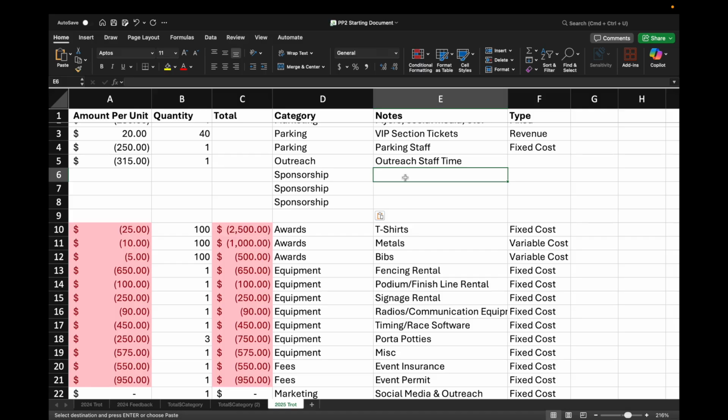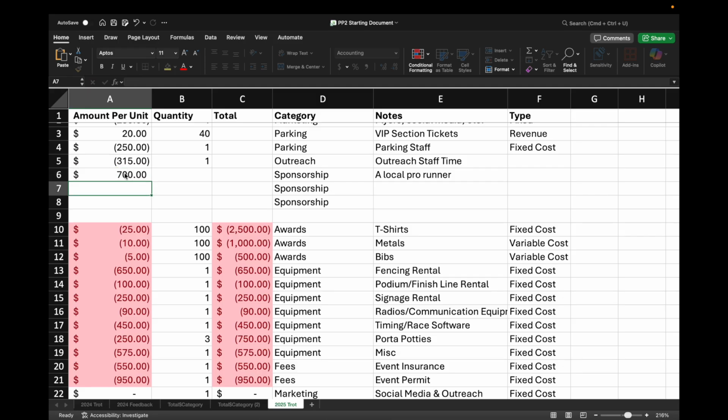Maybe there is a local pro runner who donates $700 to your turkey trot. Let's say that you know somebody at Nike who donates $1,000 to your turkey trot.